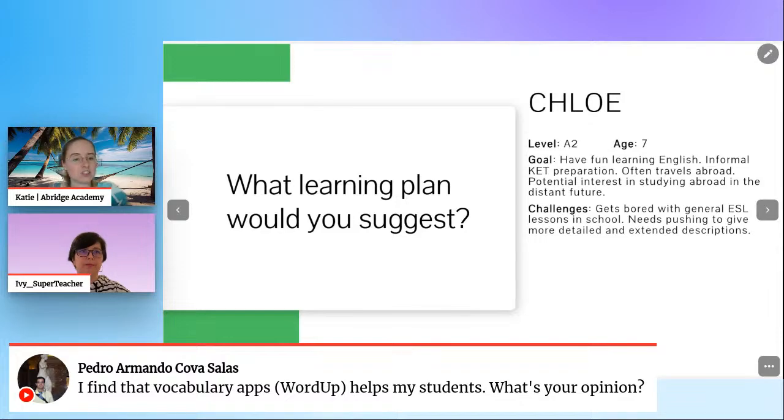And you can actually add the student as an editor, so they can add it to their own deck if they prefer. And then they'd have this sort of deck of flashcard vocab to review. And it was really good for that. So if anyone's got any recommendations of alternatives to Memrise, I would love to know. I'm going to check out this Word Up. I've not heard of it.